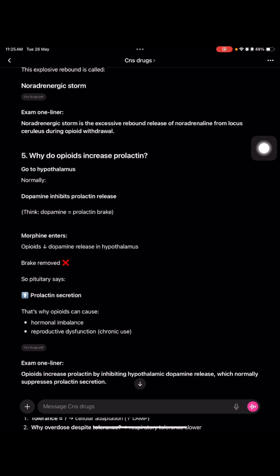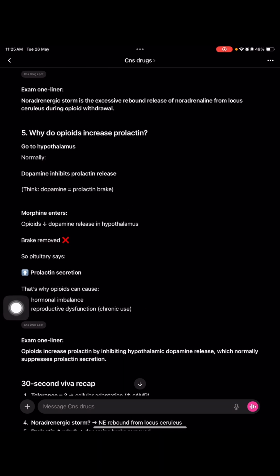Opioids can cause reproductive dysfunction in chronic use, hormonal imbalance,